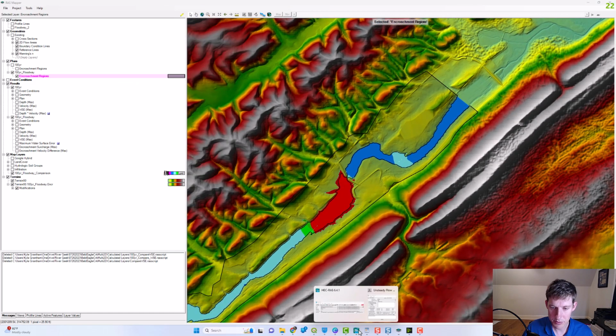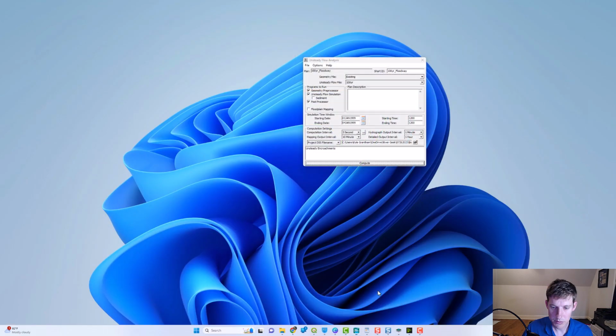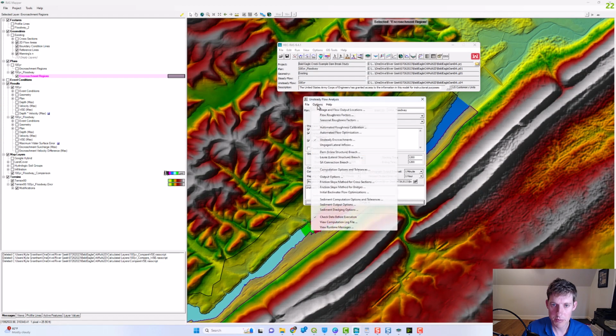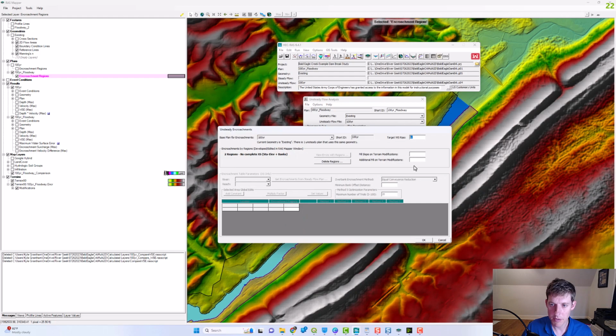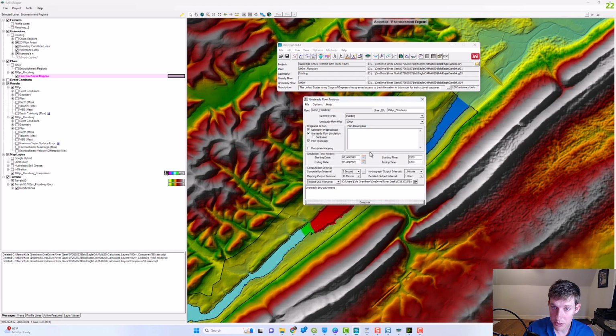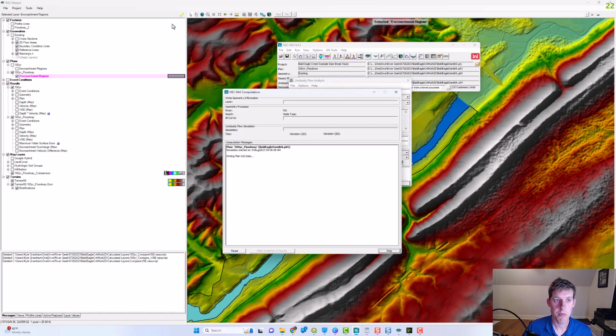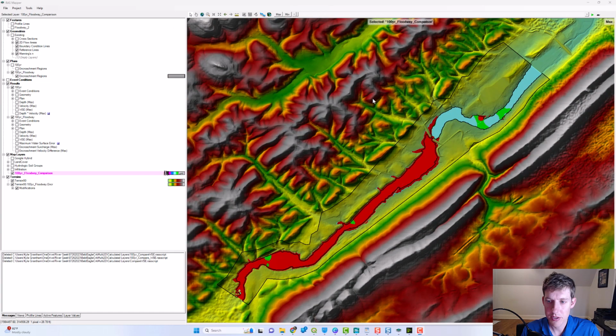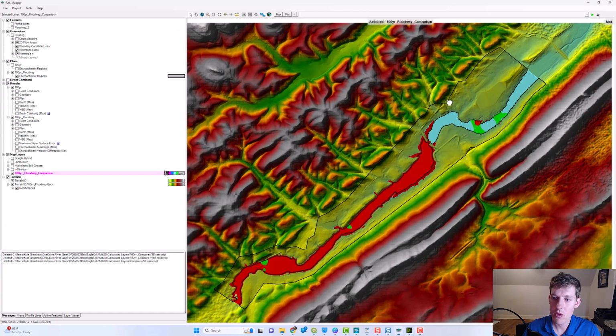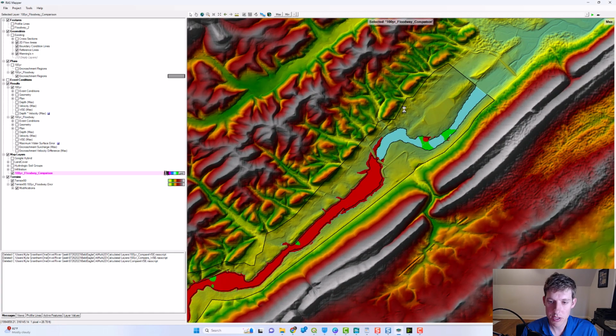And so now we're going to run this again. We're going to make sure we have 1 fill slope, 0.01, and then we're going to run this again. Okay, so you can see the results from our latest run, and it looks like it just blew up upstream